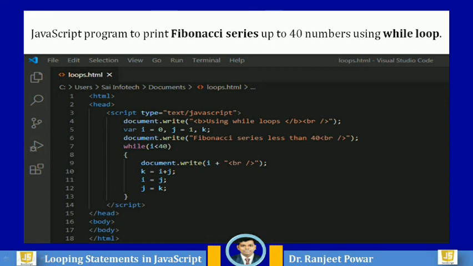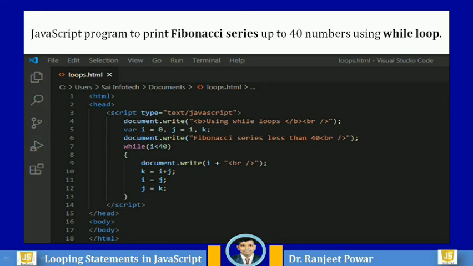Then the value of k is equal to i plus j. Then for variable i, the value of j is assigned, and for j, the value of k is assigned. So with this logic, it will print the Fibonacci series, and because the condition is i less than 40, it will print up to 40 numbers.